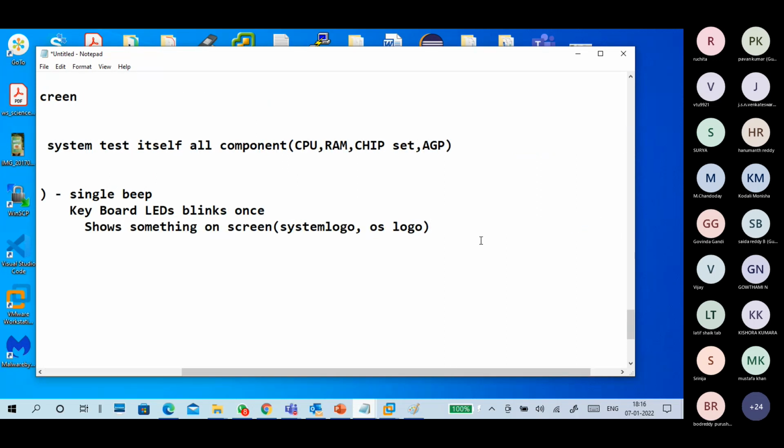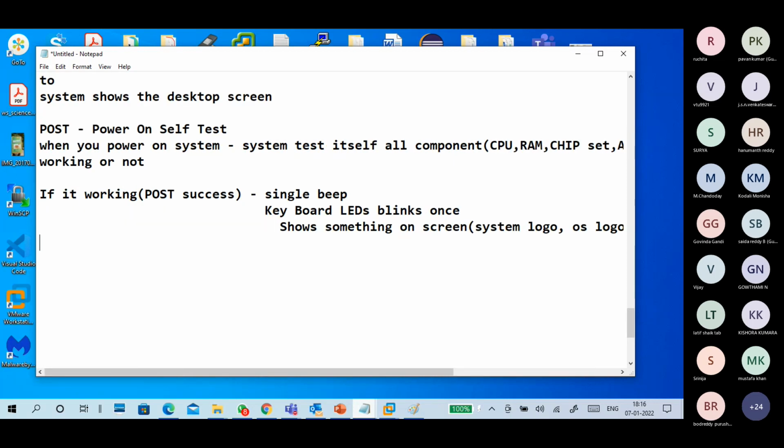Immediately you can understand there is no problem in the main components. System logo means BIOS or motherboard logo, some kind of stuff; at least some lines it will show, or an error or something it will show.